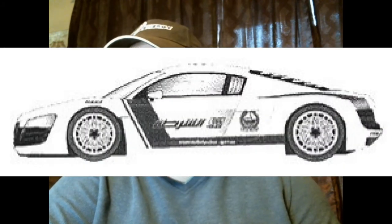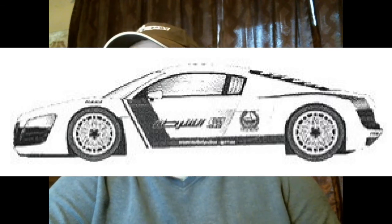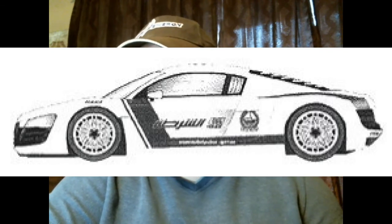So otherwise, in Studio 27, the decals for this month are going to be a continuation of that World Series of Police cars, and they are going to be the Audi R8. These are again Dubai. This will fit your Revell of Germany, Revell America R8 kit. I would say that if you're trying to build this now, to avoid the most recent Revell of Germany kit,